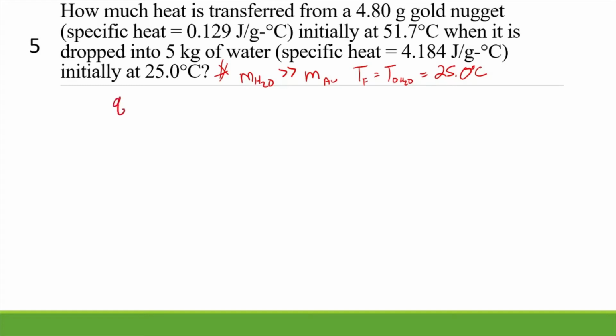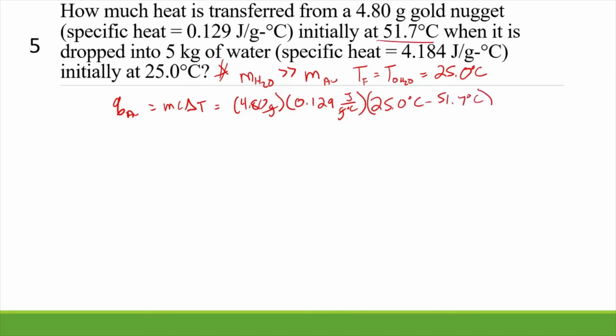So now we can calculate the heat from the gold. It goes MC delta T. So we have 4.80 grams times specific heat, 0.129 joules per gram degrees Celsius, times delta T. So we have 25 degrees Celsius minus initially 51.7 degrees Celsius, so that you can see where the degrees Celsius goes away, and you end up getting negative 16.55